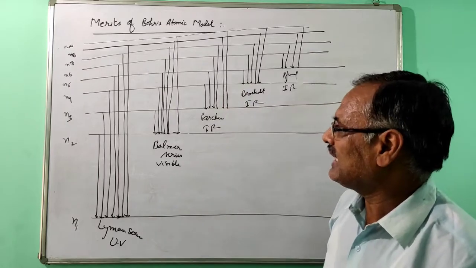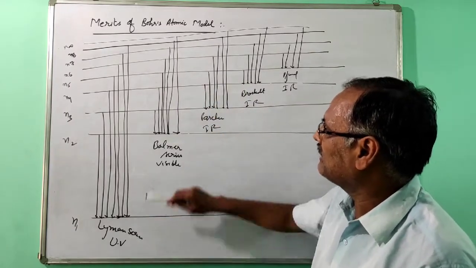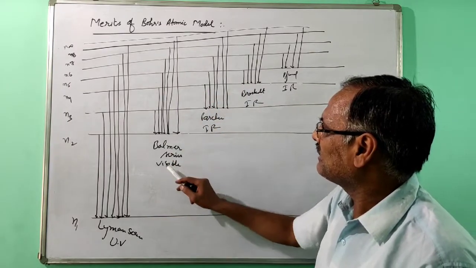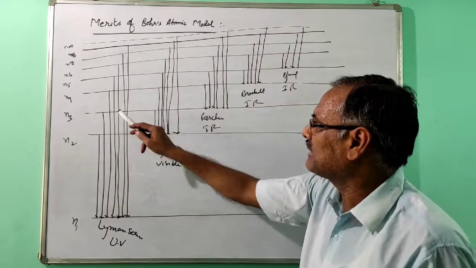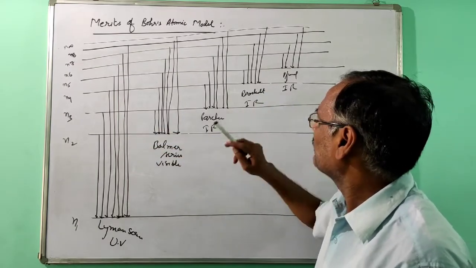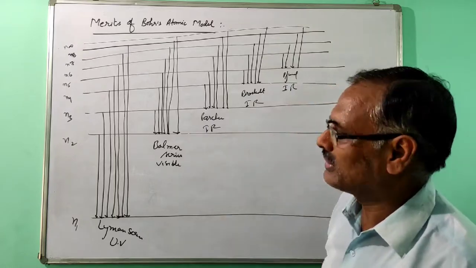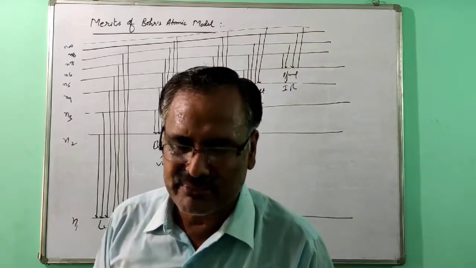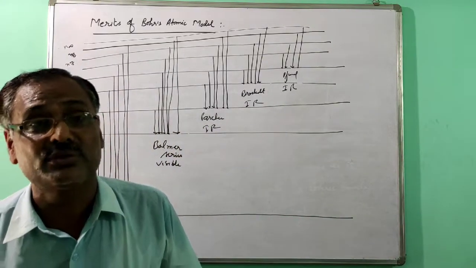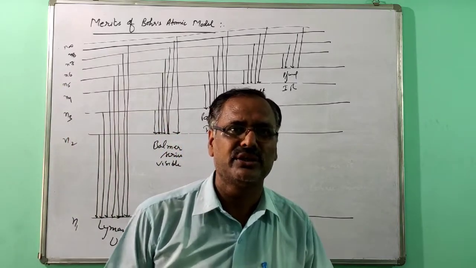From that excited state, if they are coming to the first, you get Lyman, to the second you get the Balmer series. If they are coming to the third energy state, Paschen, fourth Brackett and fifth Pfund. Like that you are getting the five series. Some more series are also there, but in the syllabus only five series are given. So in this video, up to